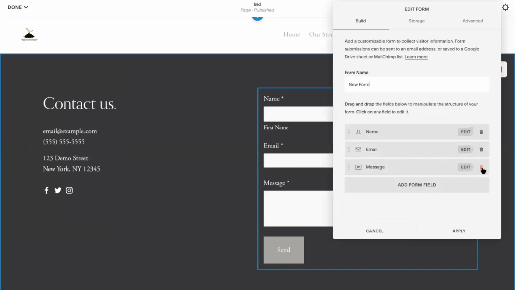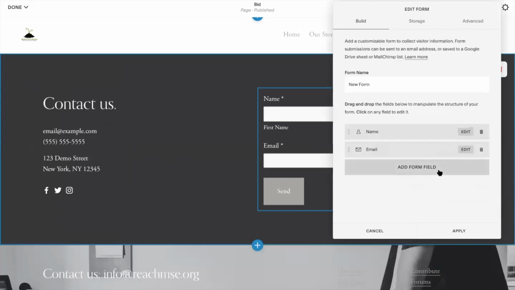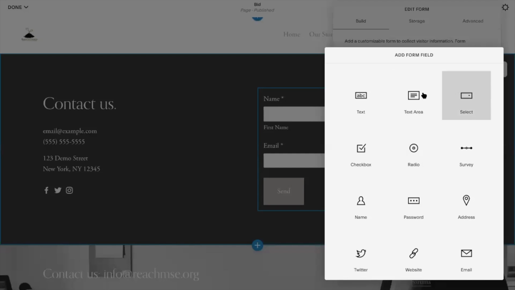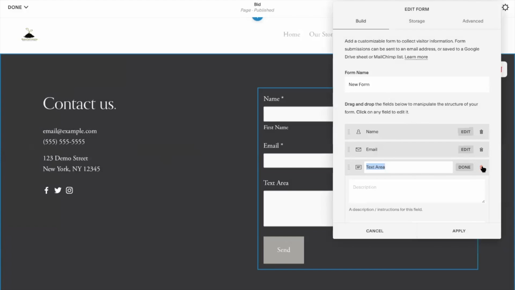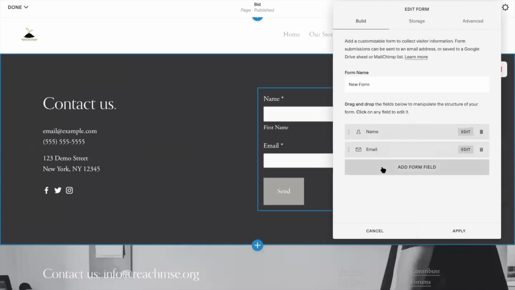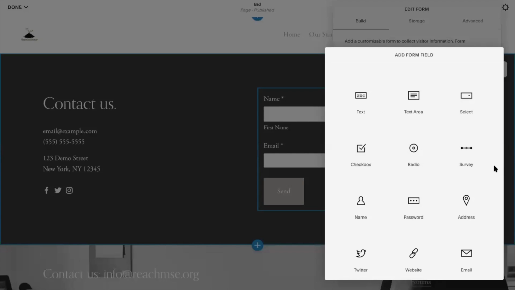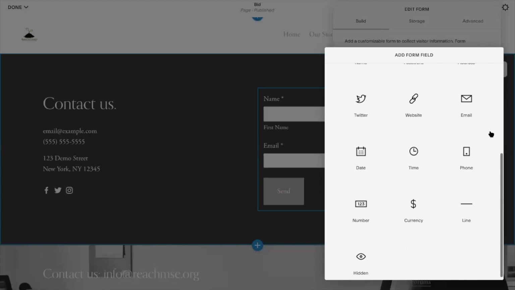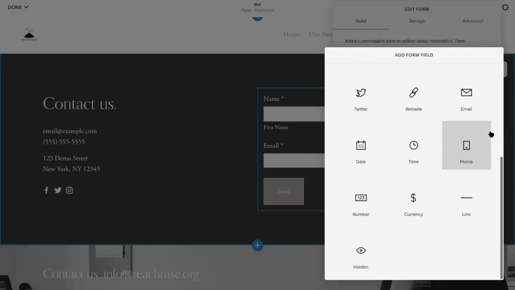You're going to edit the form. So now you can delete anything that you don't need and add what you do need. So I'm going to add a couple text areas, starting with an email. What you're going to want to get from people are their name, email address, a phone number to reach them at,